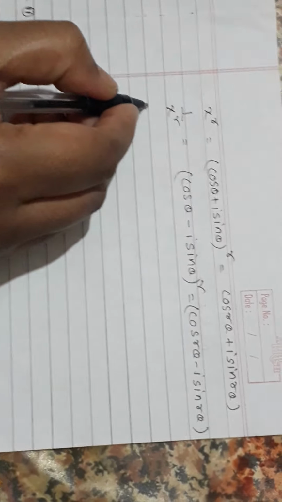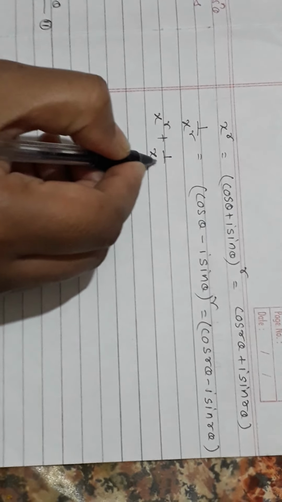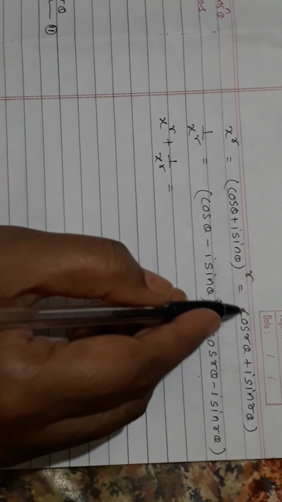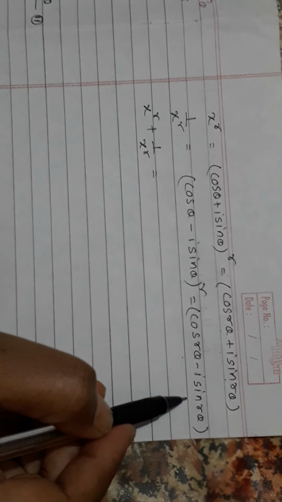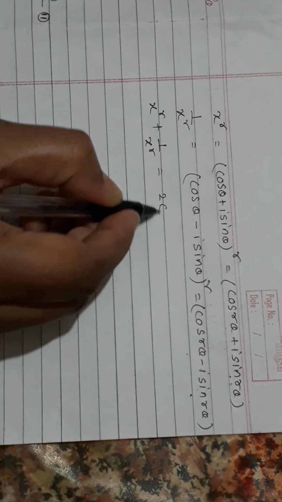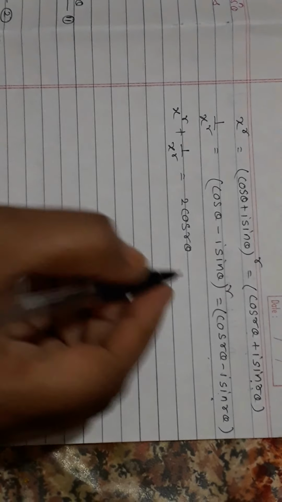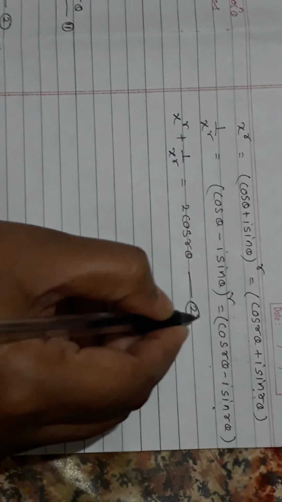So when you add those two terms, that is x raised to r plus 1 upon x raised to r, again those two terms get added. If you see here, there is a plus term and there is a minus. So when you add, they get cancelled and finally we get 2 cos of r theta. These two results are important for our expansion. Suppose that is your equation number 2, and that is your equation number 1.